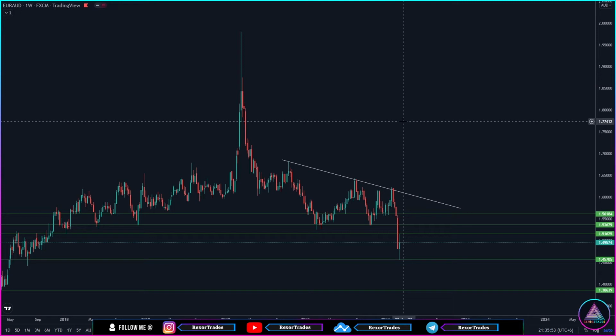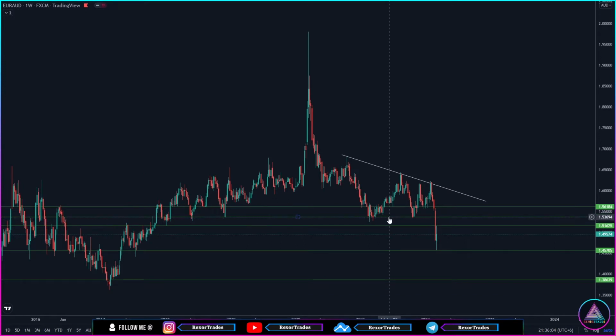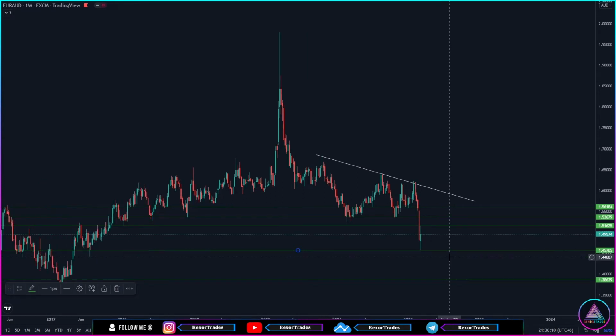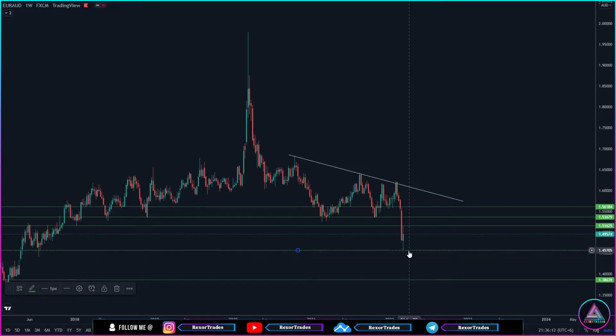Hello traders, in this video we'll be doing a weekly analysis on the pair EURAUD in multiple time frames for the upcoming week. Now by the end of this week's market close on Friday, we can see that EURAUD on a weekly time frame, right after making a breakout of this major key level with this bearish engulfing candle, came all the way to retest this key level over here, and right after retesting this key level, it went on to this pullback move